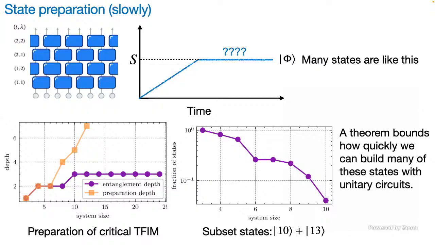And we can ask, look, if I build up the requisite needed amount of entanglement, what is the probability that that is sufficient to build the state? There are many such subset states, and all this graph tells you is that as the subset states get large, as they're 10 qubits, the probability that I can successfully build that state once I've got the requisite amount of entanglement is like 1%. In other words, here are all these states, you just can't build them in the depth that you need to build up the entanglement.